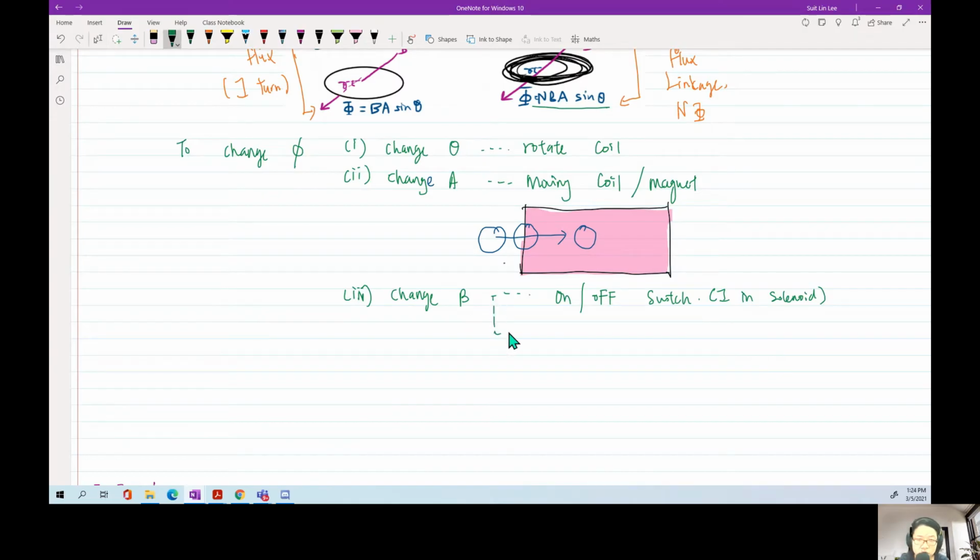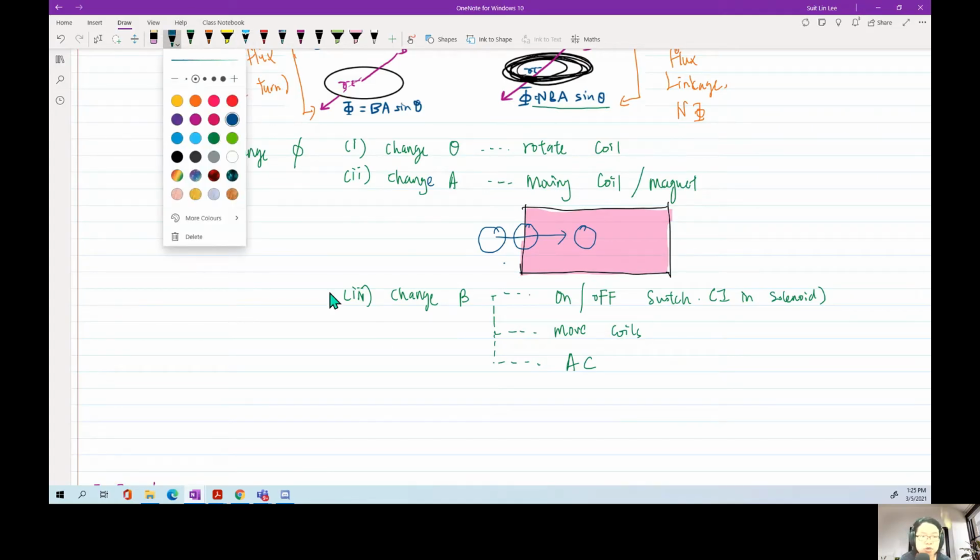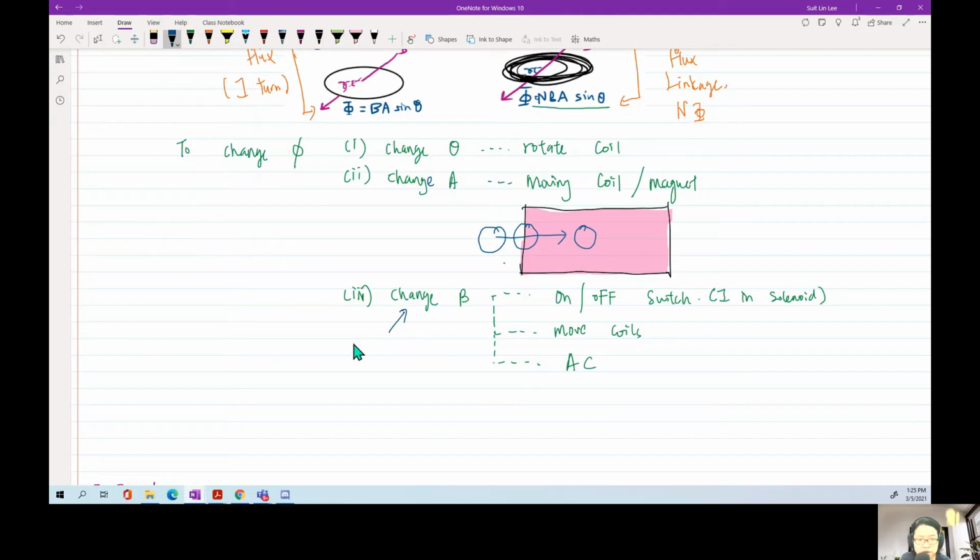You could move coils closer or further away from each other. You could put alternating current in the coil. So there are many ways to change the magnetic field. This one is normally from the perspective of mutual inductance. A mutual inductance situation would look probably